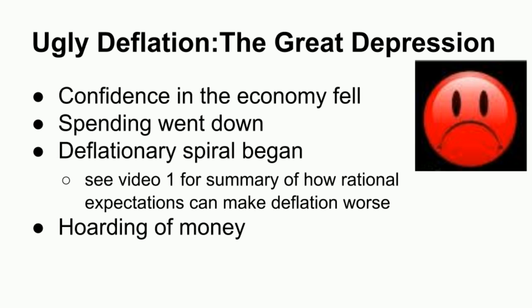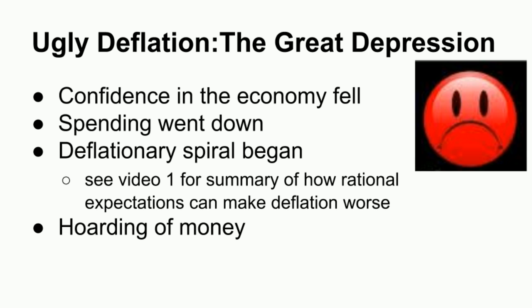Finally, we turn to the period of United States history where we see ugly deflation, the Great Depression. As the U.S. stock markets began to collapse in late 1929, public confidence in the economy fell as well. There was a heavy cut in consumer investment and purchases, as often occurs in such situations. At this point, deflation began, which led to a spiral as rational expectations set in. Anticipating further deflation, people began to further reduce spending while pulling money out of banks in order to hoard against